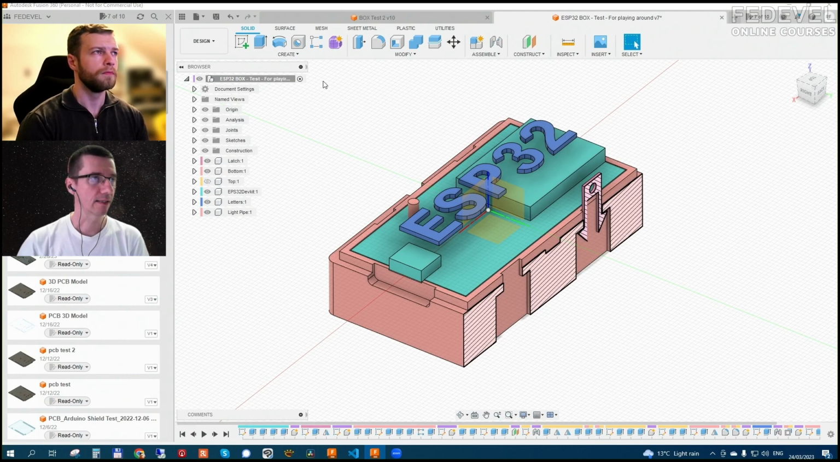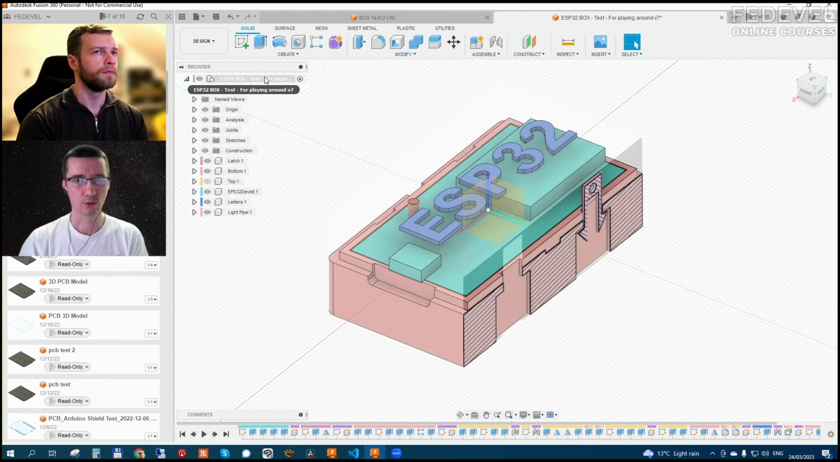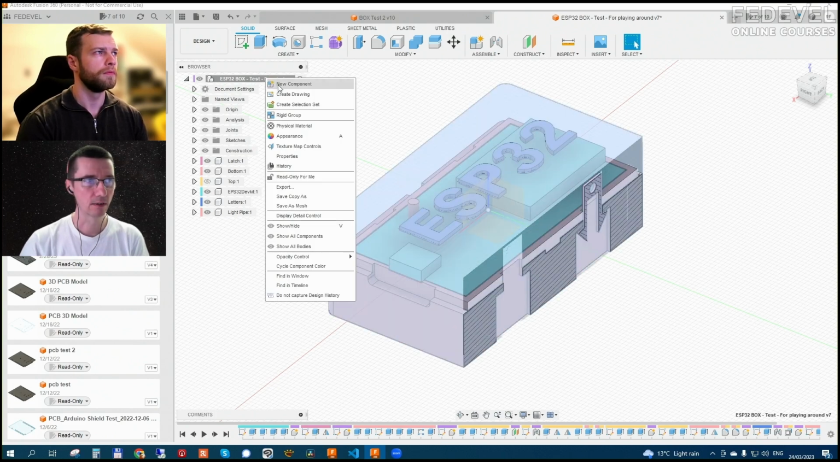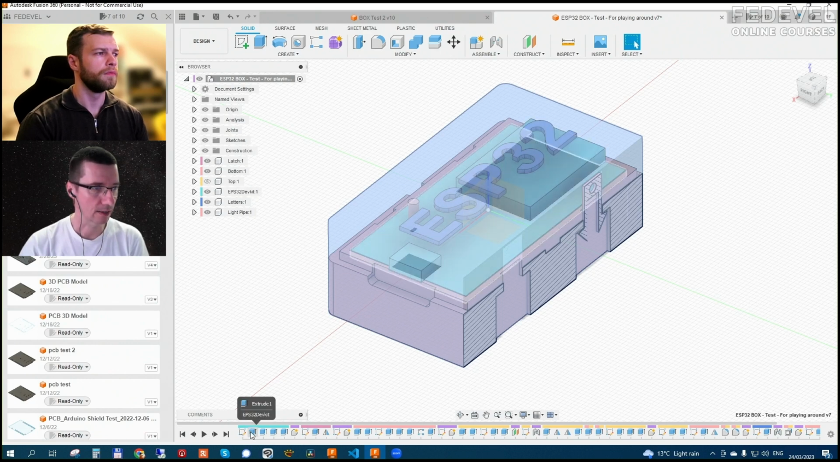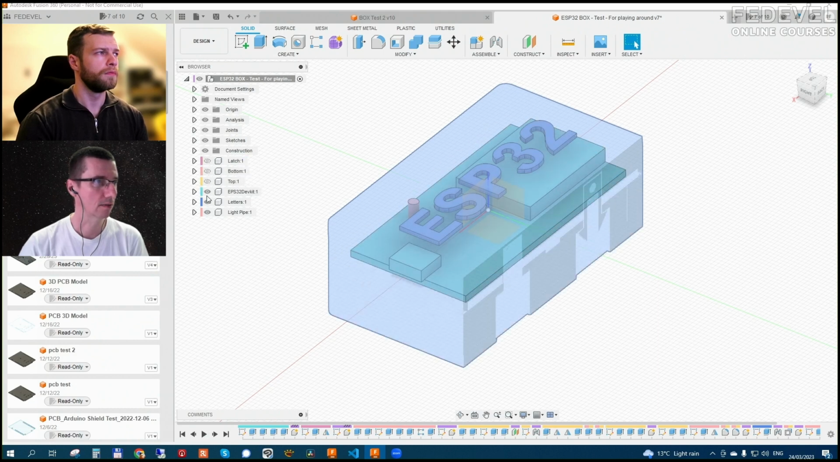Now, what is very important: when you open Fusion 360, you can start drawing, but don't do that. Always create a component. You just right click, new component, and it will create this kind of thing. For example, the first component which I created is this board. So I'm going to hide this